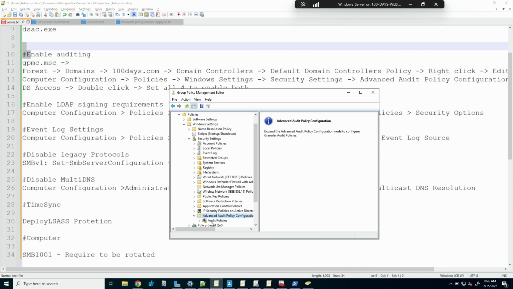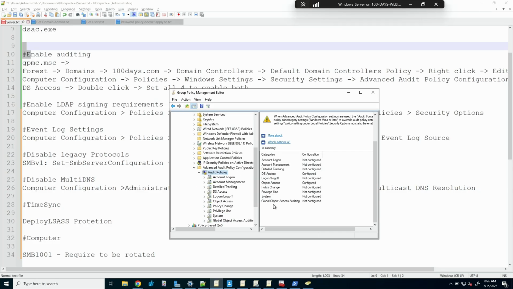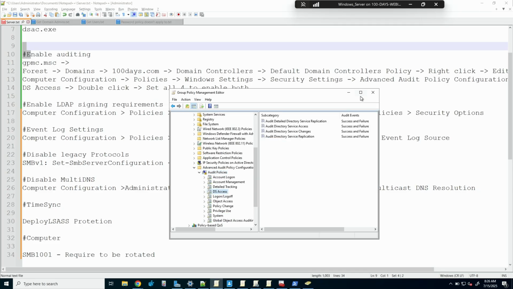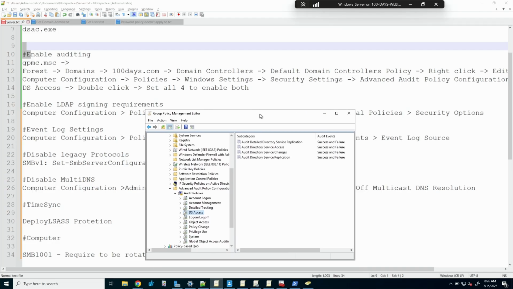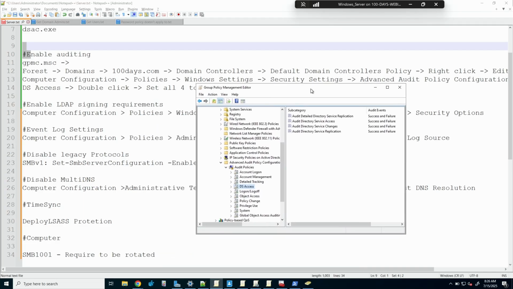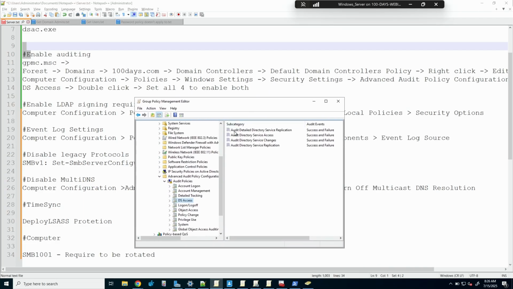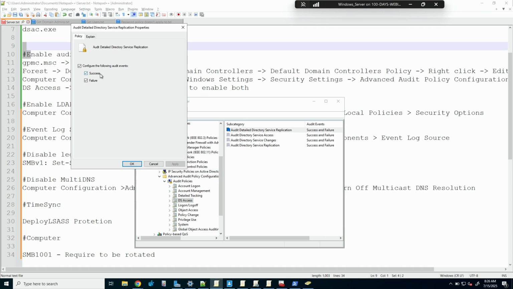And then Audit Policies, and then DS Access. What we want to set on here is all of these to enable audit events on both. This means all of these changes are going to be logged. It does create more logs in your event log. So if you've got 20,000 users logging on, don't do this without some kind of testing and risk analysis. If you've got a smaller company, you can probably turn it on and it's not going to blow up your service.